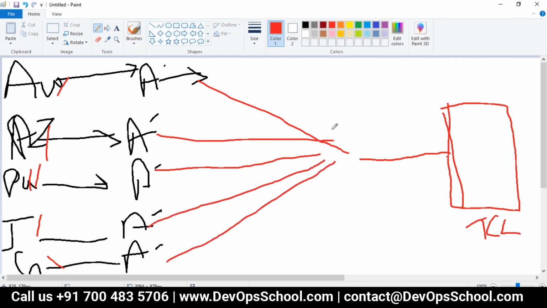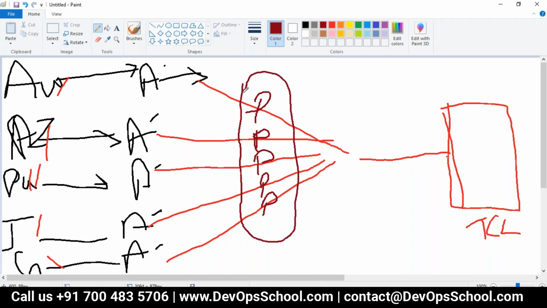So what Terraform has done is created one library which they call a provider. For each tool there is a provider. Now this is the real migration work, the translation work they are doing. You are writing in one script, which means you know only one script.